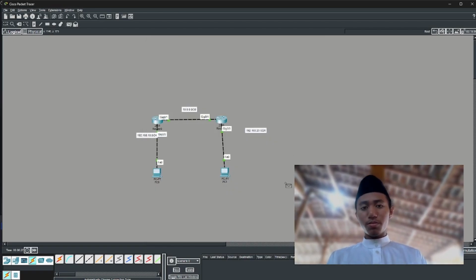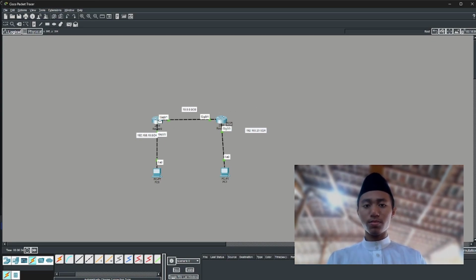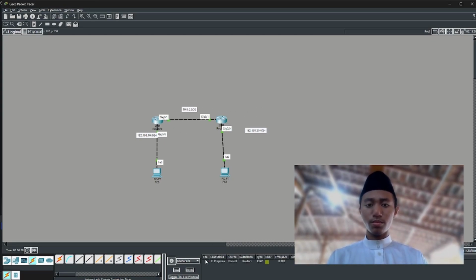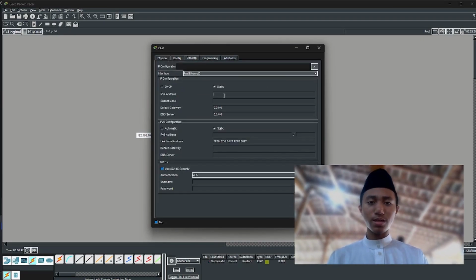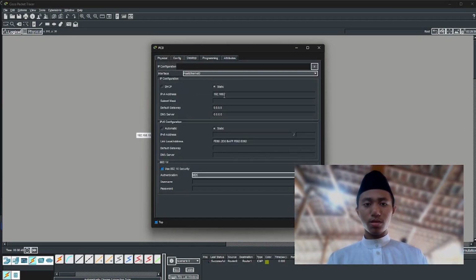After that, we must make sure that the two routers can be connected. As you can see here, the status is successful. Next, for the PC, we'll use a static IP, and for the gateway, we'll be using the address from the router.